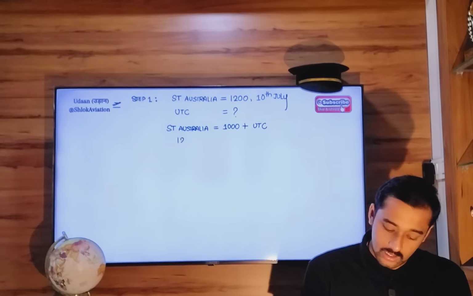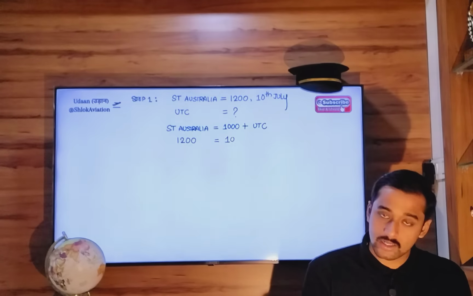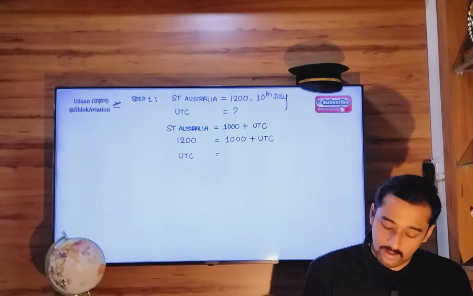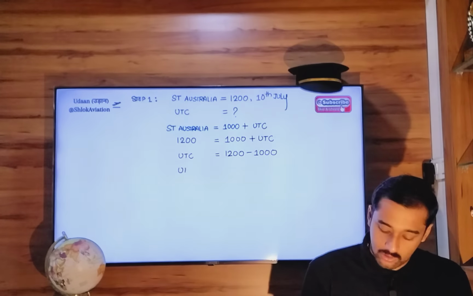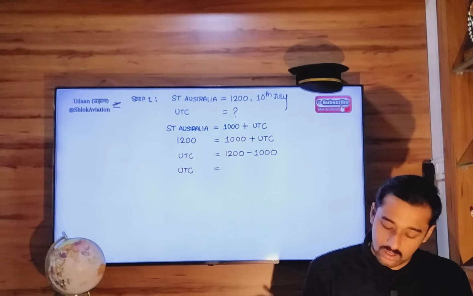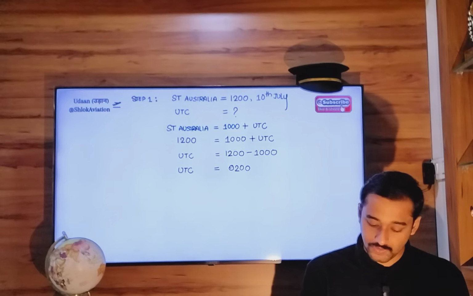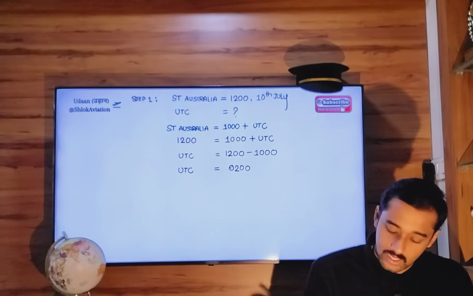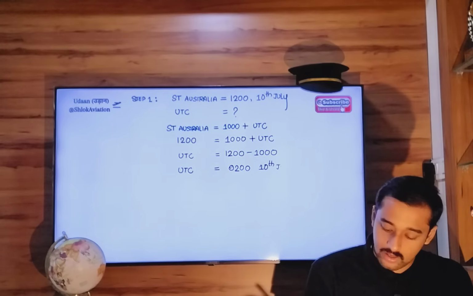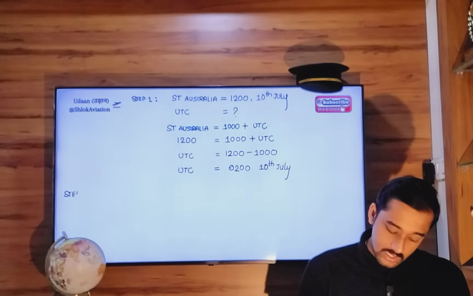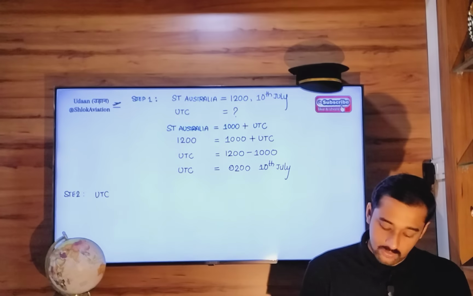So 12 o'clock is equal to 10 hours plus UTC. So UTC will be equal to 12 hours minus 10 hours. So UTC time will be equal to 2 hours. And the date will be the same, 10th of July. Step 2, convert this UTC time, which is 2 hours, 10th July,